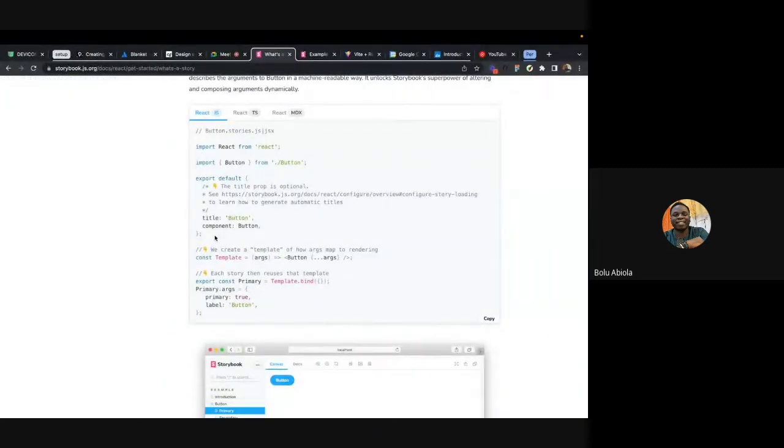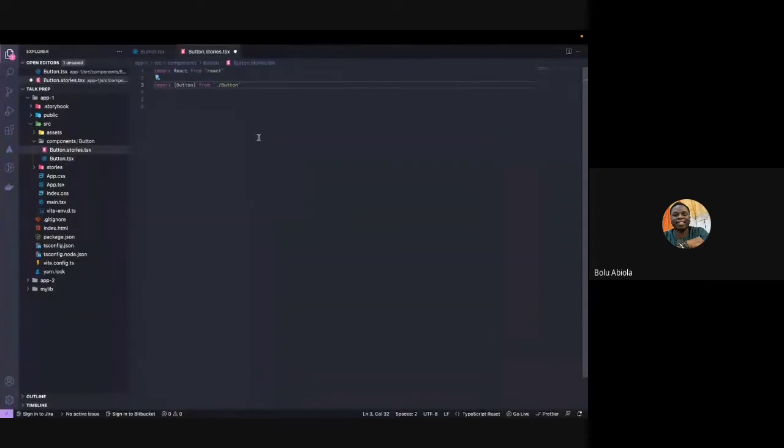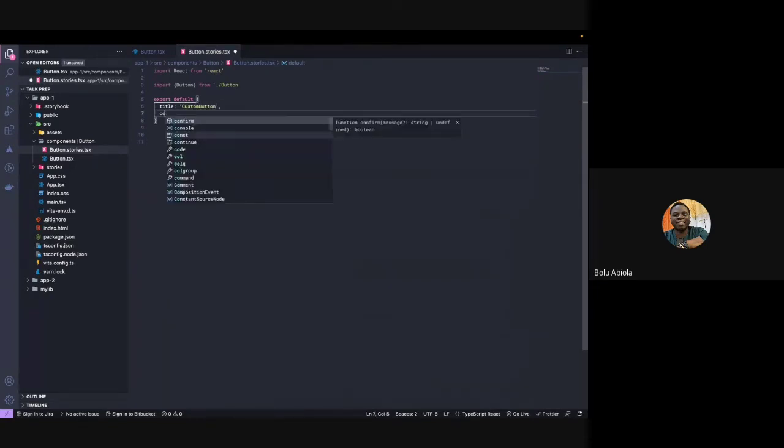The default export is actually where all the main Storybook configuration is going to come from. You can just do export default, and we can have a title. The title for our component will be, let's call it Custom Button. Then our component should be